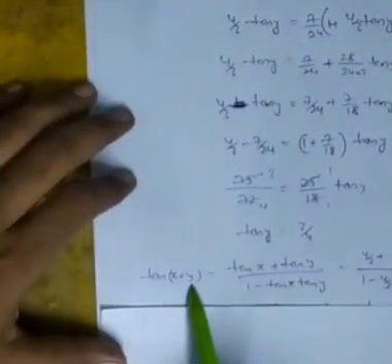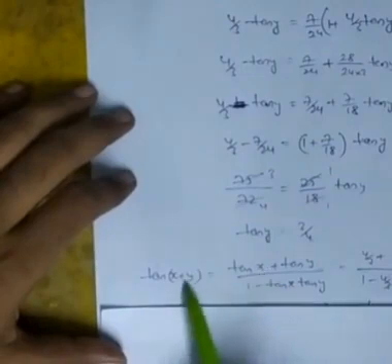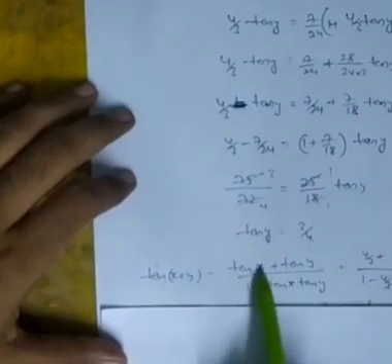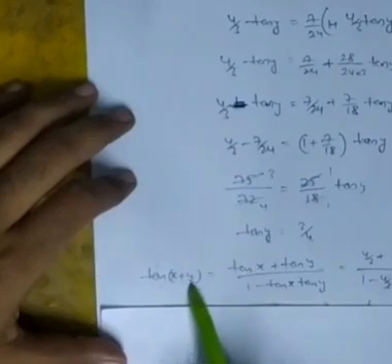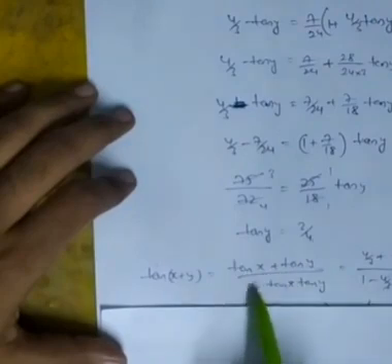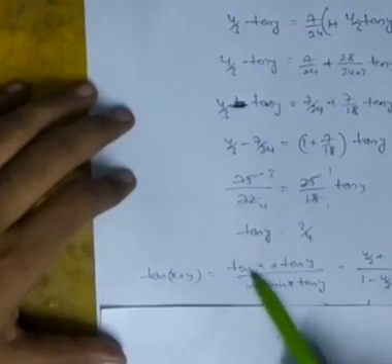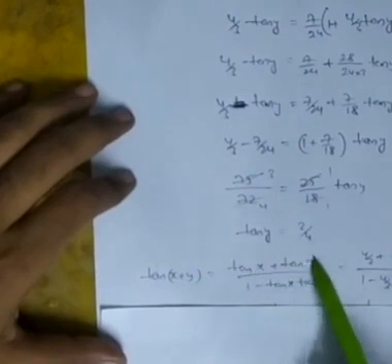So first we will consider tan of x plus y, and we try to expand it, because we don't know the direct value of x plus y because they are angles. So expanding tan of a plus b, x plus y formula: tan x plus tan y by 1 minus tan x tan y. So substituting all the values, we already know tan x, now we got tan y.